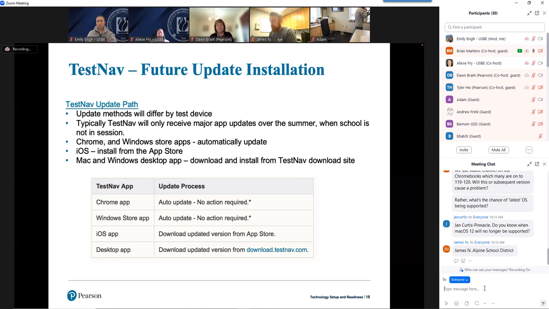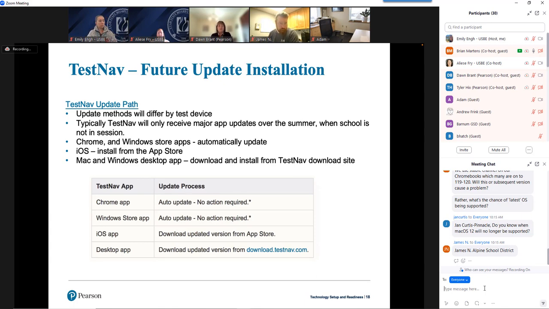But just be aware that whether it automatically updates or not will depend on what platform you're using. Chrome devices will automatically update. If you've got it installed and a new version comes out, it will automatically update. If you're running a Windows device and you installed TestNav through the Windows Store, it will automatically update. iOS, you're going to have to install it from the App Store when a new version comes out.